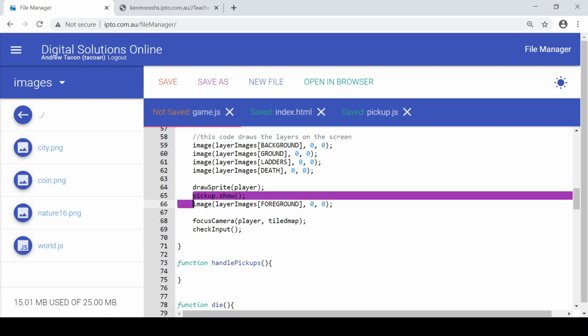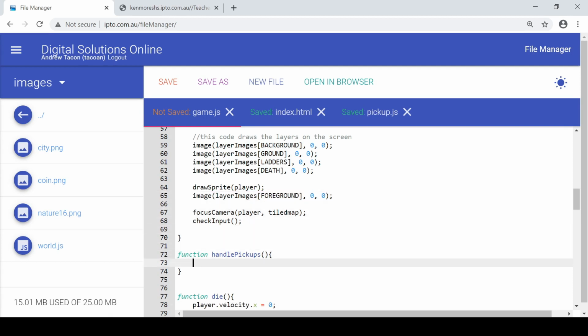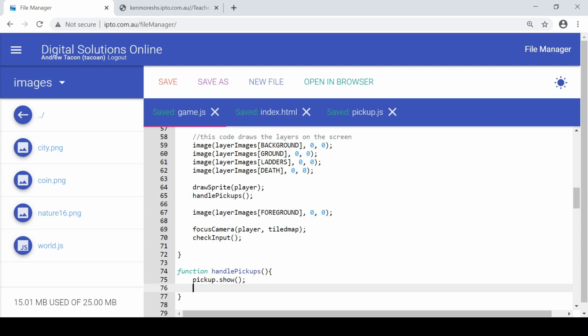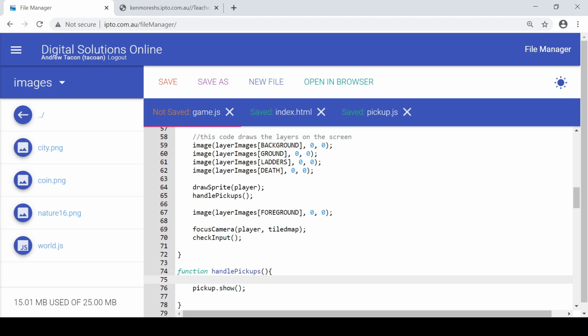So instead of calling pickup show here, we're going to do that down here in handlePickups. So after we've drawn the sprite, we're going to call handlePickups. Now we don't want to actually show it. What we want to do first is